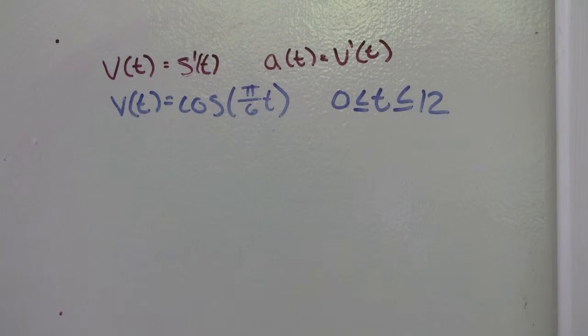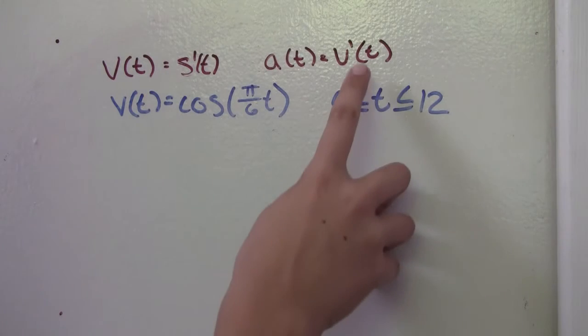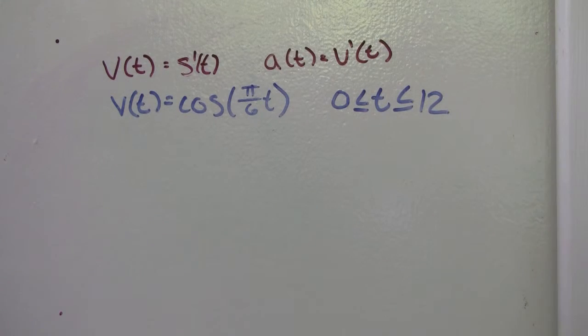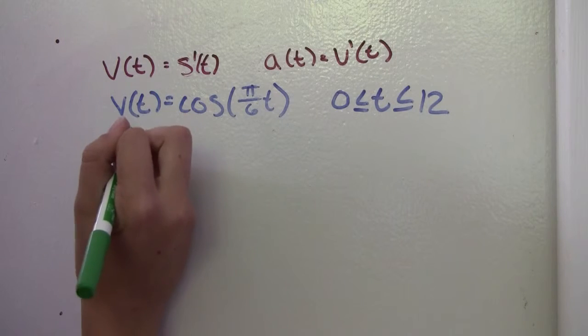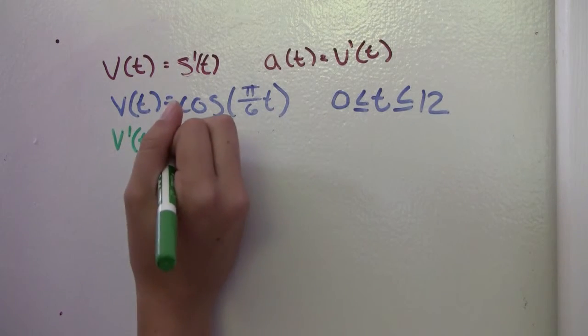So, for C, it says, find the acceleration of the particle at time t. Is the speed of the particle increasing, decreasing, or neither at time t equals 4? Explain your reasoning. It's very helpful to remember that the velocity of something is equal to the derivative of its position function, and the acceleration of something is equal to the derivative of its velocity function. So if we're given our v of t equation, and we're looking for the acceleration, then we're going to be looking for v prime of t, which will be